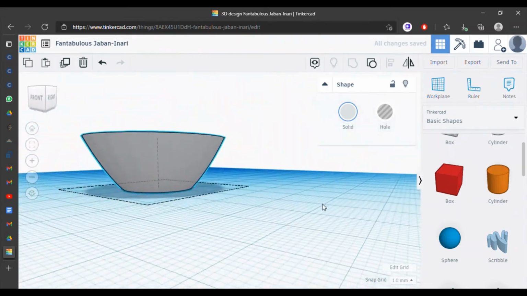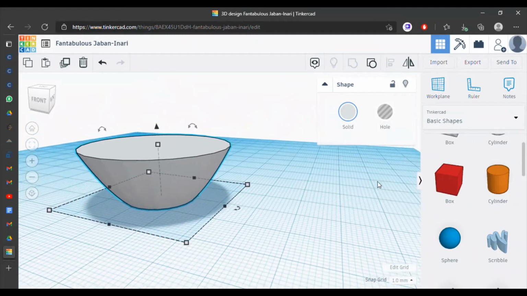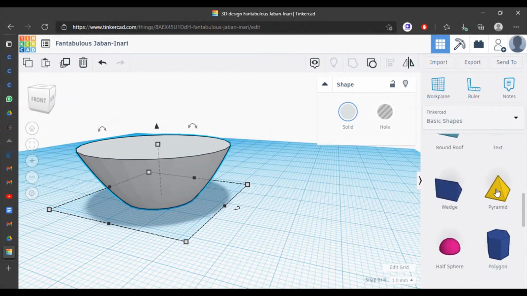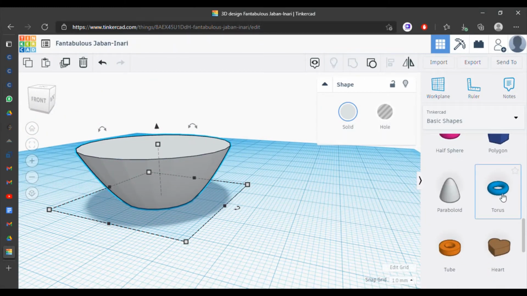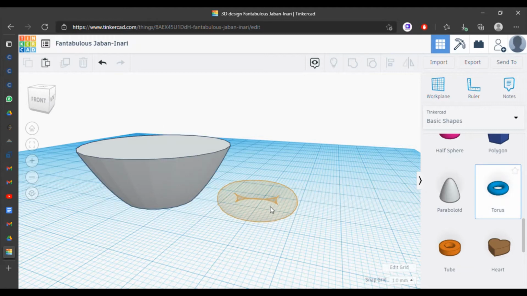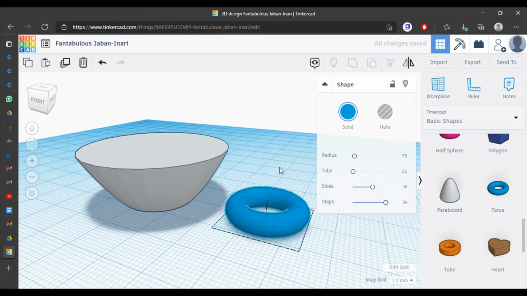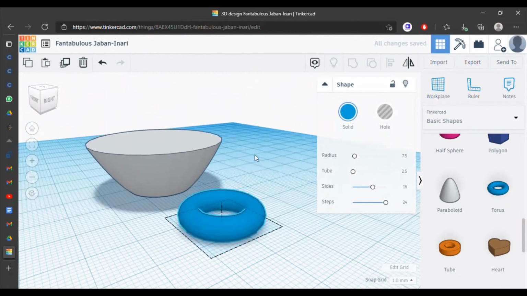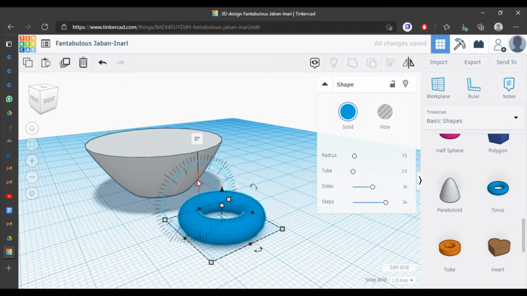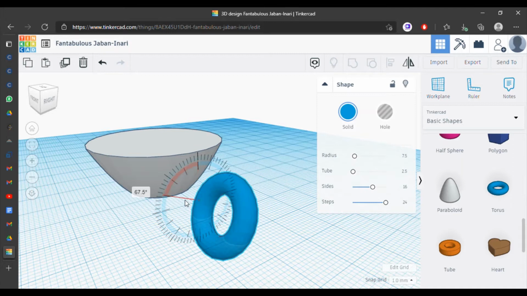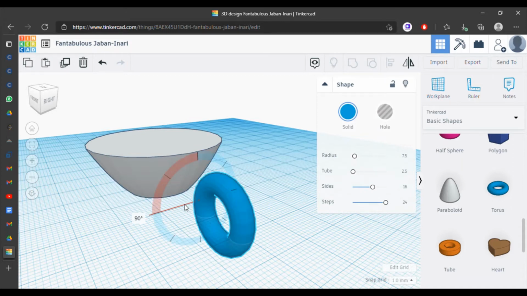Now, we cannot hold a cup without a handle, so we'll add a handle. We will use a torus shape over here, or what we call a donut. Okay, now we will rotate the donut 90 degrees. Again, you can use shift to keep it exactly 90.